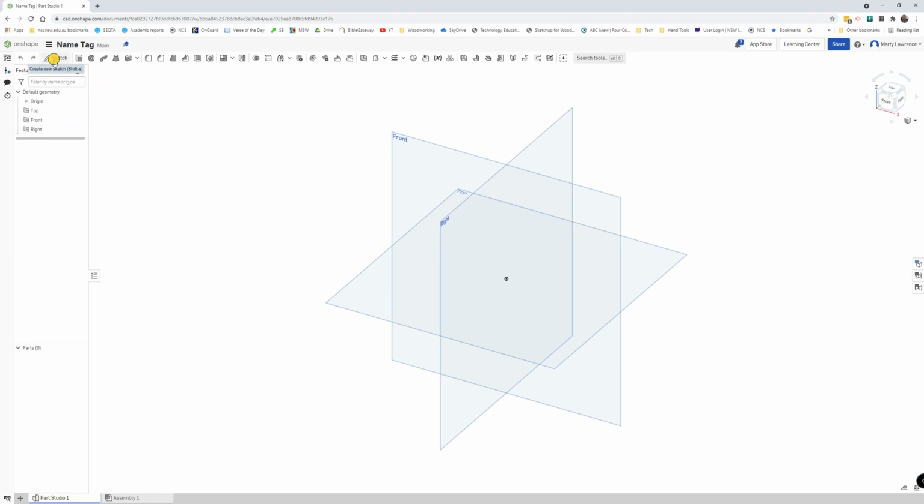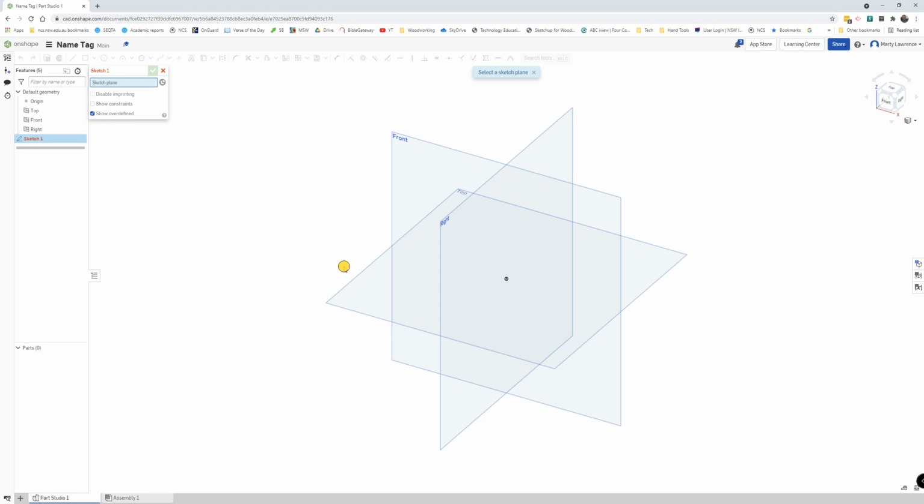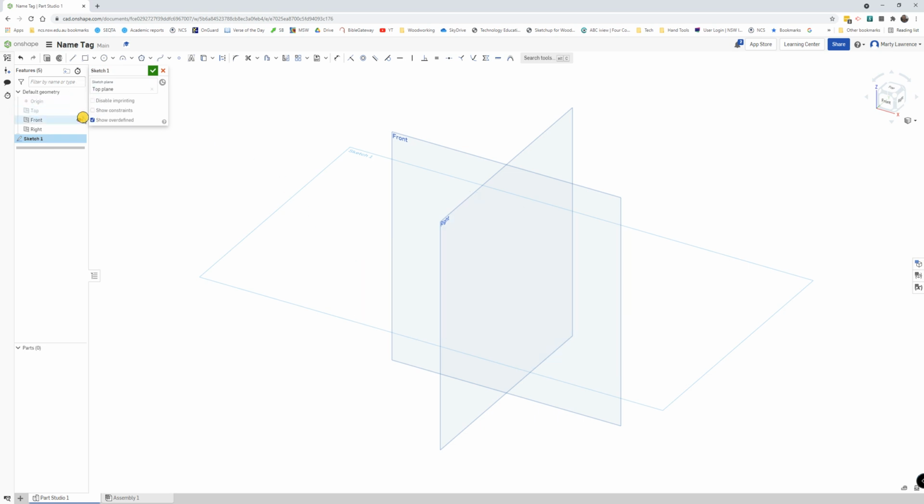So we're going to start our sketch and we're going to do this on the top plane. So we click our sketch button, we select our plane, we can turn off the origin, the top, the front and the right planes now, and we're going to view this down on top. So right click, view normal,